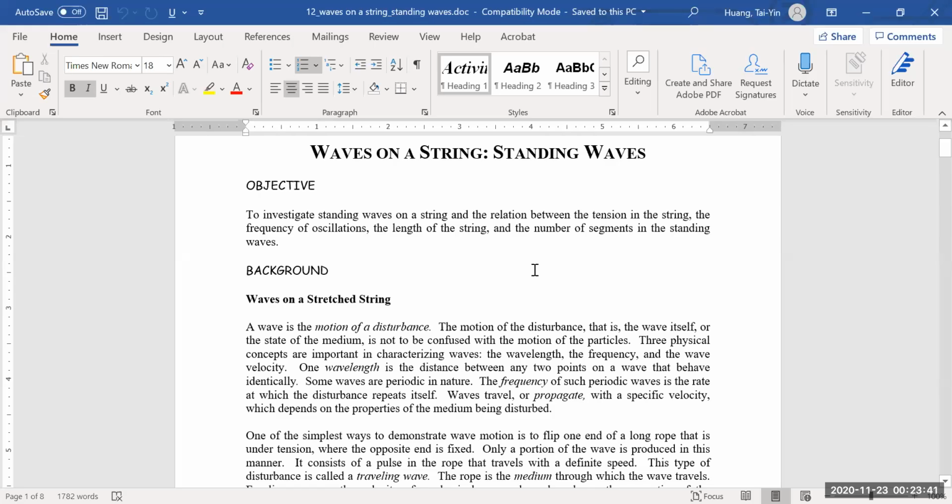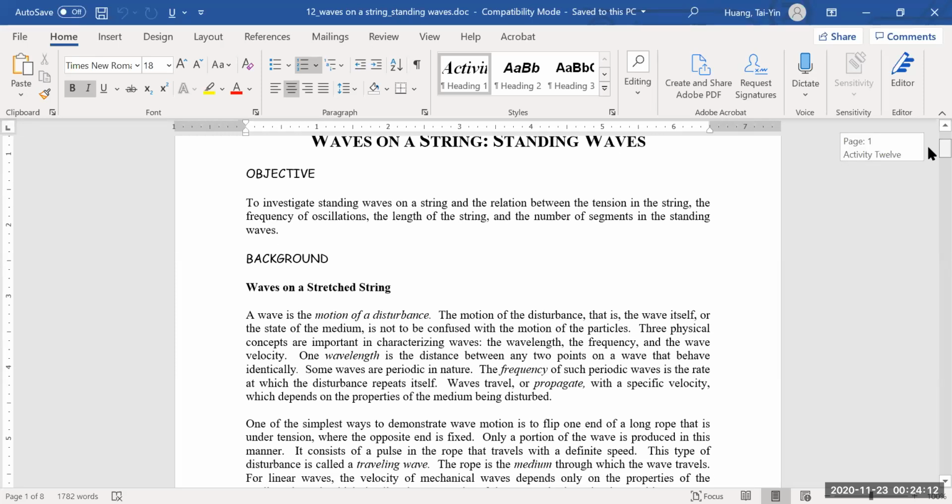Okay, so this week we will be doing waves on the string. The concept is that when you have a wave generated by a mechanical driver, it's going to set up a standing wave within two rods that has a length tied to those rods, and then at certain frequencies you will find that there are standing waves,